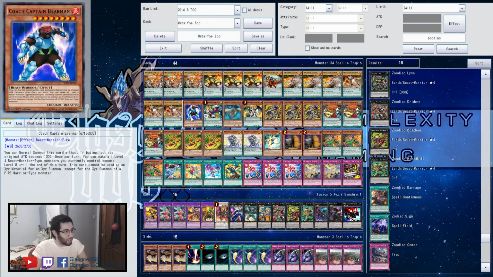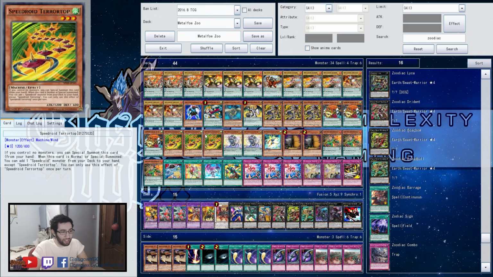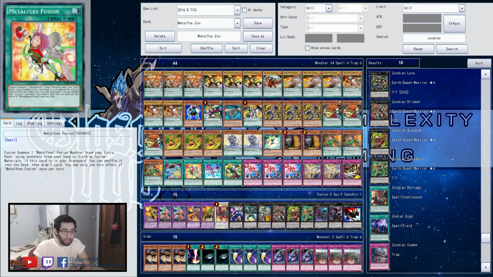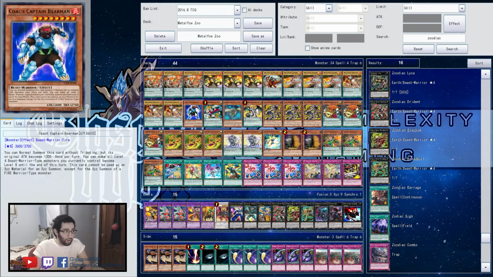This Coach Captain BEARMAN is searchable by Broad Bull, of course. Now the idea here is that if you open Terratop, basically just Terratop, and like 2 Metal Foe scales that are matching, you can end with a really strong board. So you go to Terratop, special summon, get Invoker, get Rat, do your combos, Broad Bull search BEARMAN,